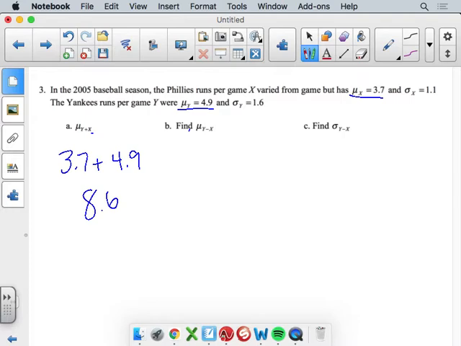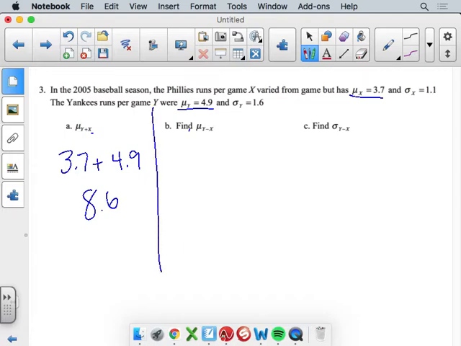So like if the Yankees and the Phillies played each other, I would expect about 8.6 runs scored that game. That would be like an average amount if they played a lot in that season. That in total there would be 8.6 runs scored. Okay, like on this one,